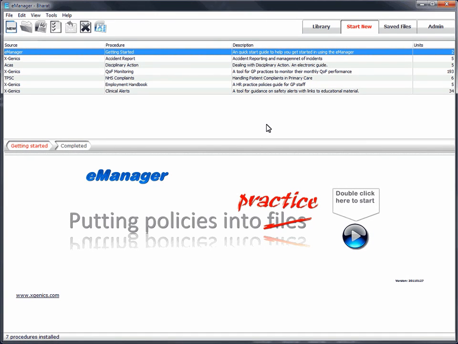In this demonstration, I'm going to show you how eManager works and tackle one procedure, at least get it started, to show you how the whole system works. So in the top half of the screen, we have a list of all the procedures that we subscribe to, and the bottom half of the screen is just some basic information about the procedure, almost like the front cover